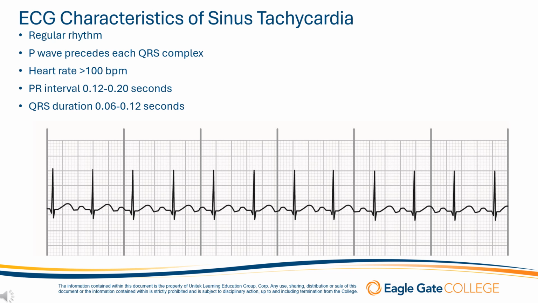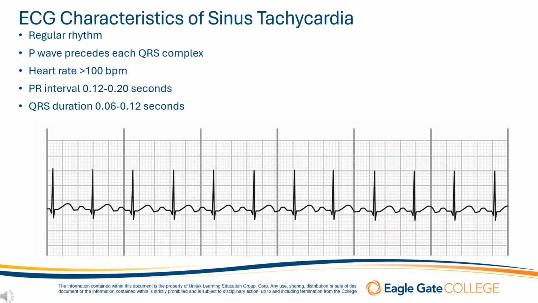In sinus tachycardia, every P wave is followed by a QRS complex. The P wave represents atrial depolarization, which means the atria are contracting and sending blood into the ventricles. This is followed by the QRS complex, which represents ventricular depolarization, indicating the ventricles are contracting to pump blood out